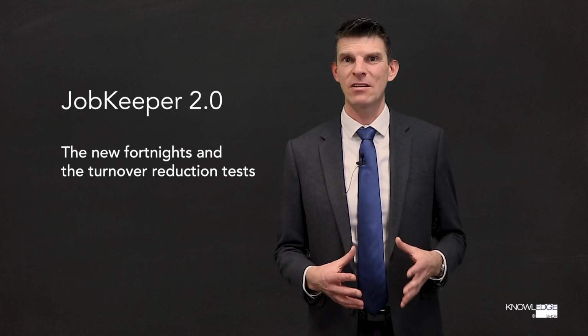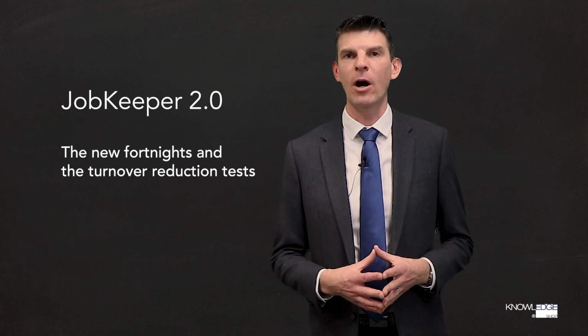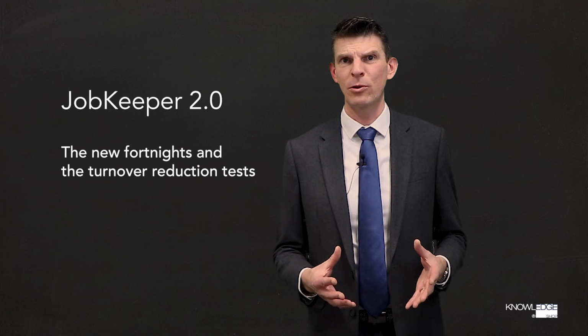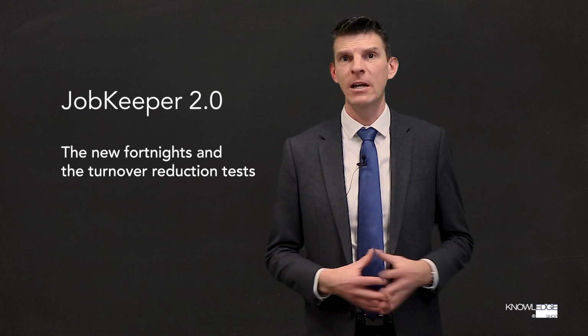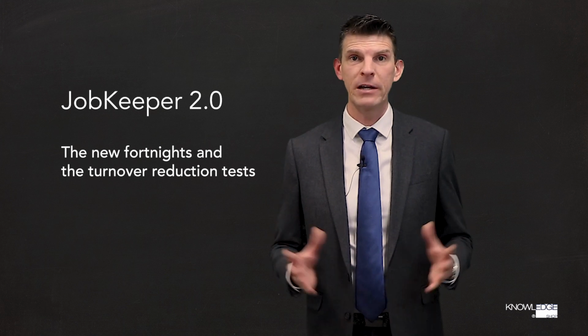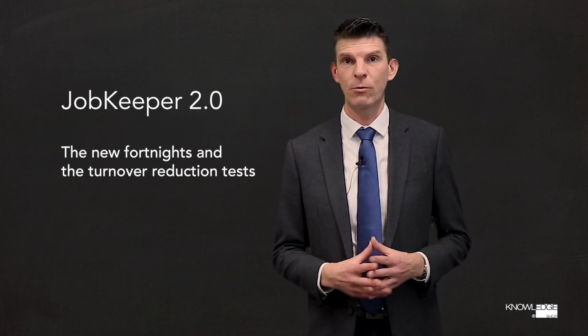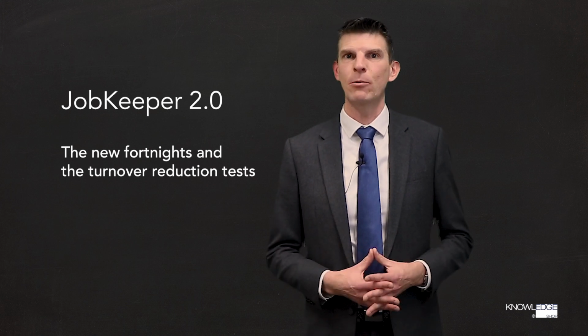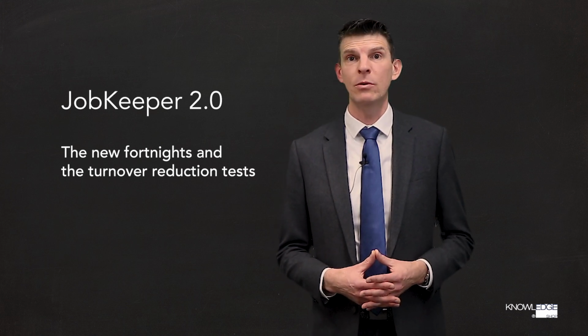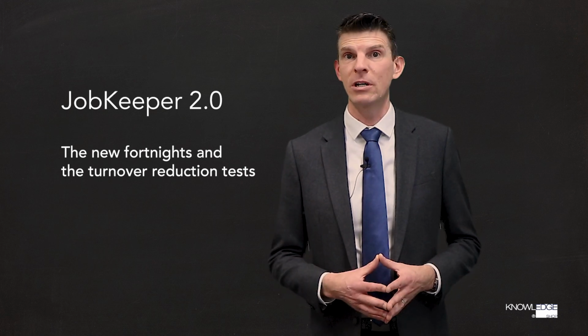Now again, we're yet to see full details of exactly how that might work. There'll be lots of people who have maybe unusual circumstances through that month. They might have taken some leave, they might have been helping fight the bushfires. There's all sorts of things that might have occurred through that month, which could skew things a little bit. We're told that the ATO will have some discretion around that and be able to basically implement some alternative tests